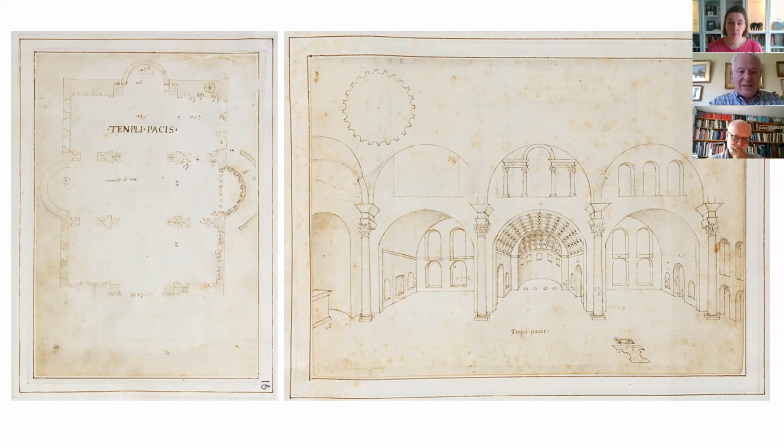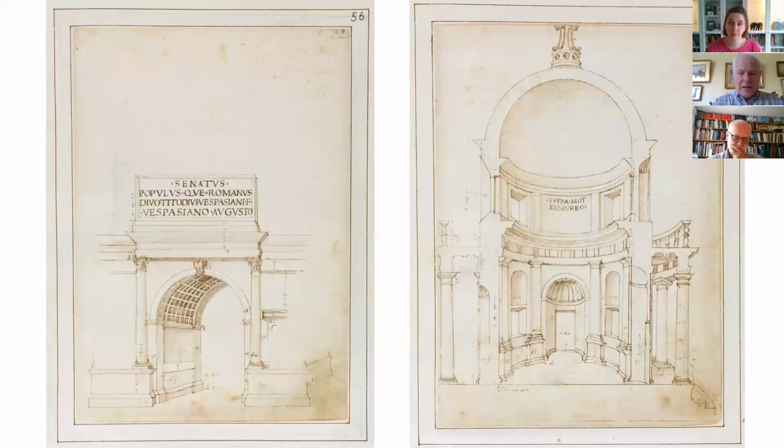And then beyond that, if we look at the next slide, we can see that there are actually, among the drawings, various novel approaches being taken towards architectural representation. So in these two examples on the left, I'm showing you one drawing of one of the triumphal arches, which is the Arch of Titus. And what the drawing shows are the parts of the building which existed at that time. It's a selection of them. So the drawing selects those parts of the existing structure which were indeed ancient,